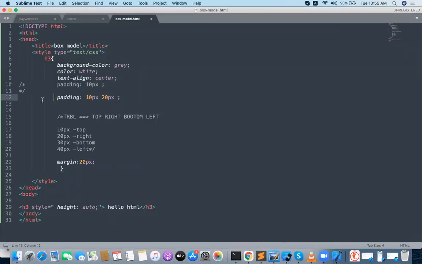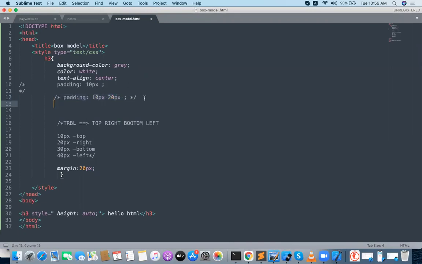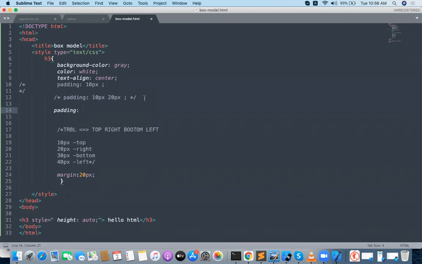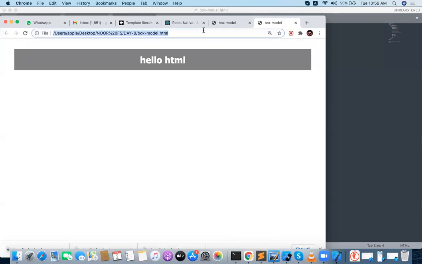That is also fine, but some people write padding with three values. Let me go with 10 pixel, 20 pixel, 40 pixel. Now let's see how three values are arranged for the padding.